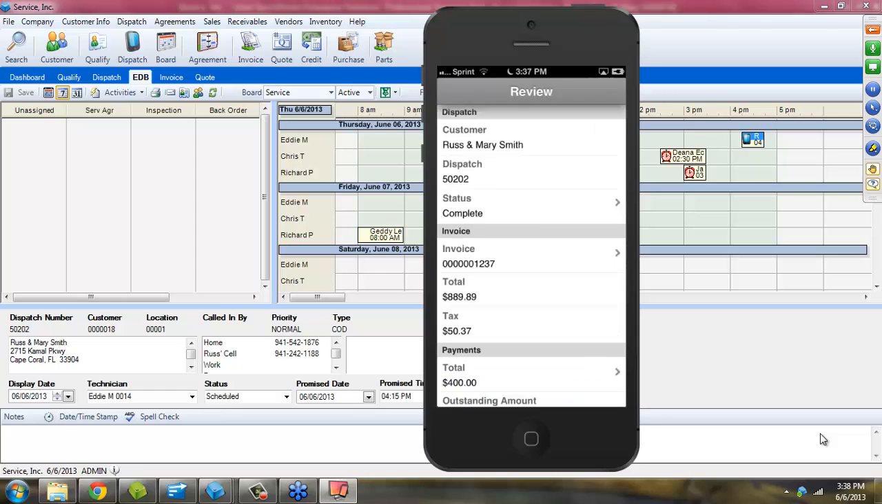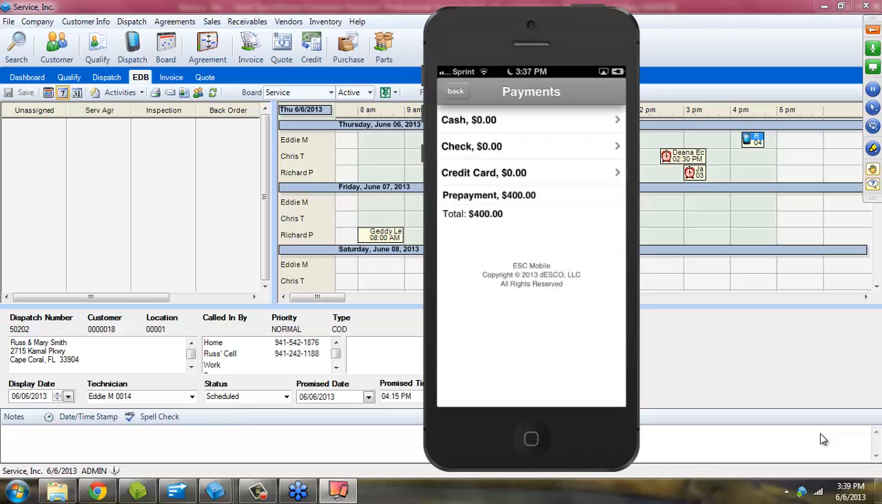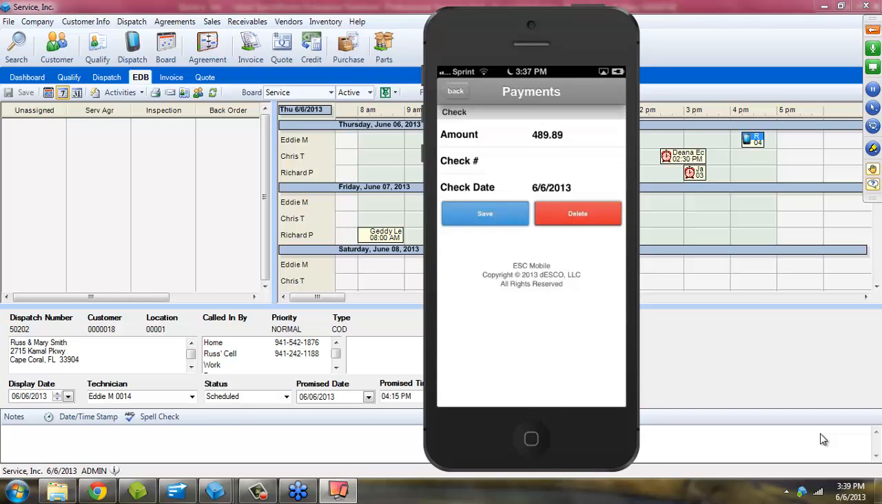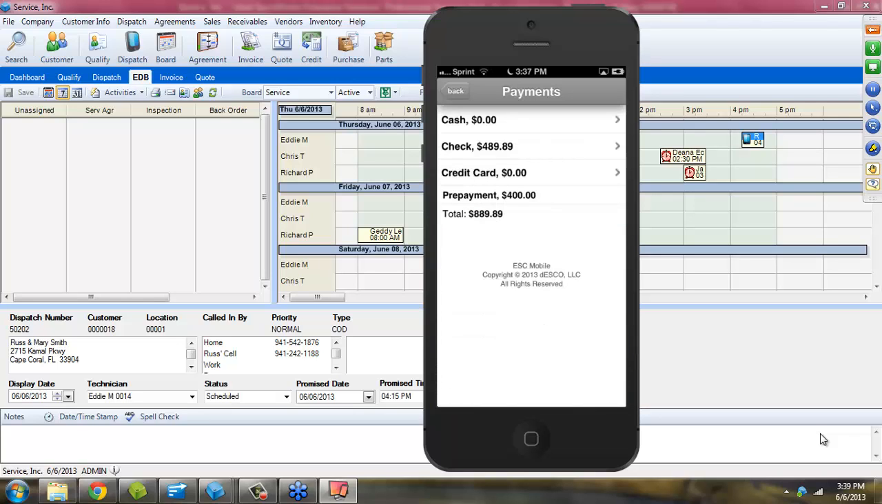And at this point, again, we would take our remaining payment. So just say, hey, we still need $489.89. So I'm just going to do a check for that balance. It automatically puts in the amount for me. I just put in the customer's check number, save it. So now we can see that this payment is being split between the $400 prepayment and the check for $489